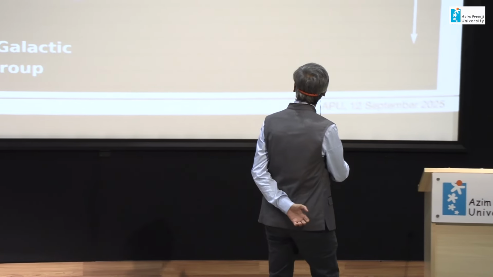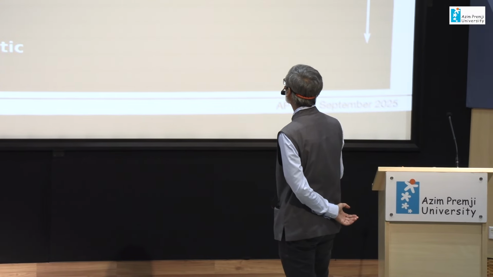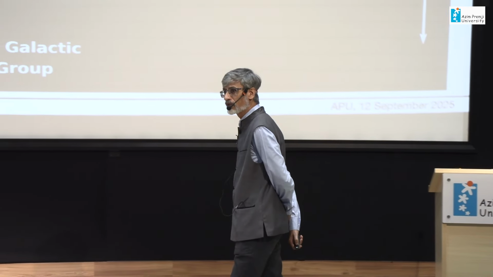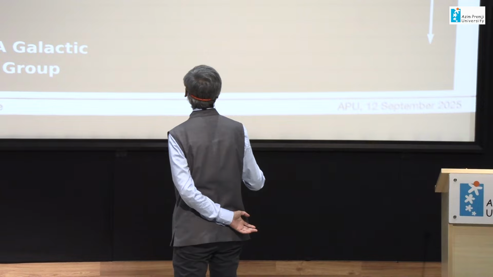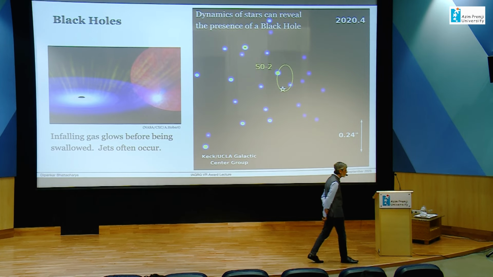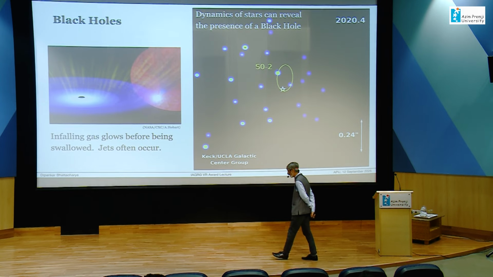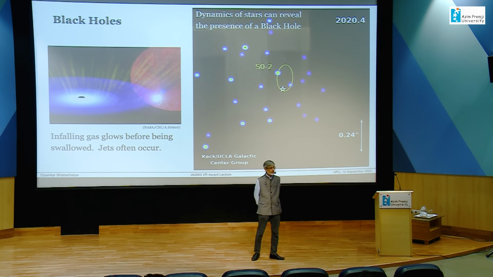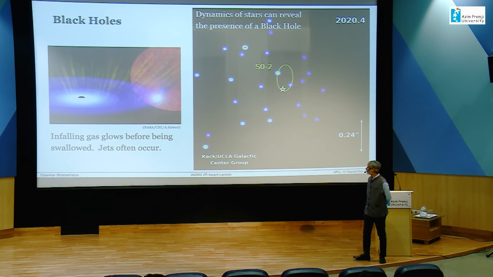And this is a 25-year time-lapse picture of positions of stars around the center of our galaxy. And over time, as you can see, the stars describe individual orbits, and from these orbits you can easily tell what is the mass contained within, around which these stars are orbiting, and it is from this that the estimate of 4 million solar masses comes about.